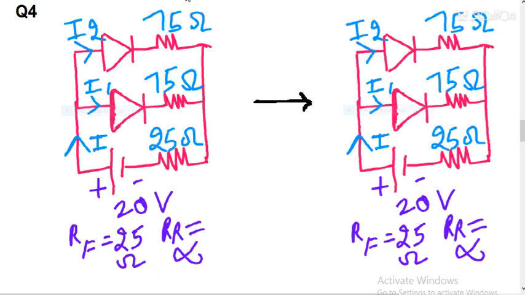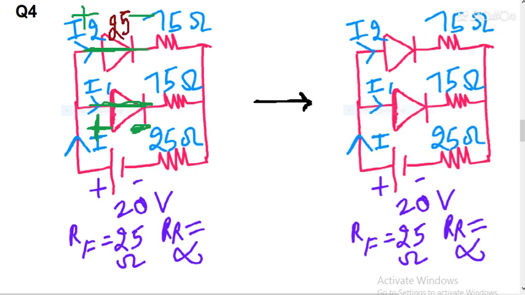Here students, you can see this is positive, this is negative, so this diode will be forward biased. Again this is forward, positive, negative. So it is the positive terminal, and this is the negative terminal. Positive, negative, positive, negative. So now both the diodes will be forward biased. Now see the value of current. This is a 25 ohm resistance now.